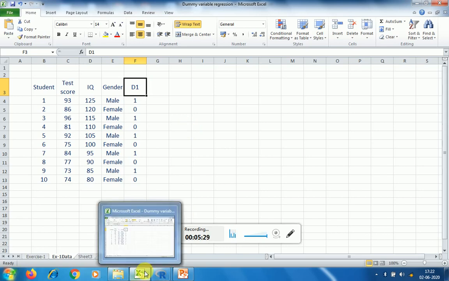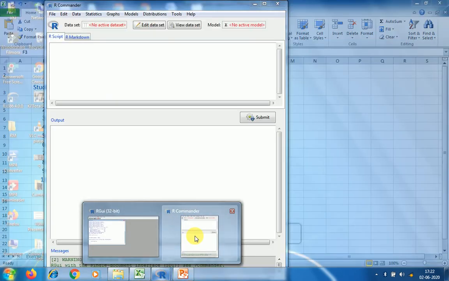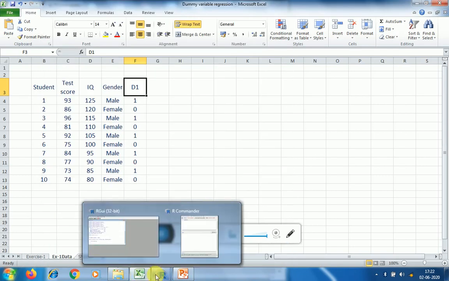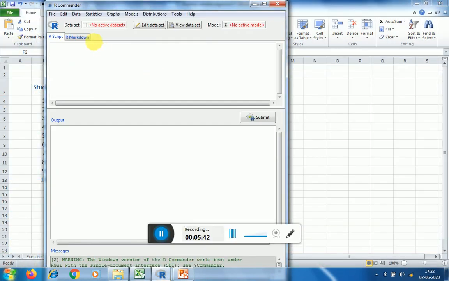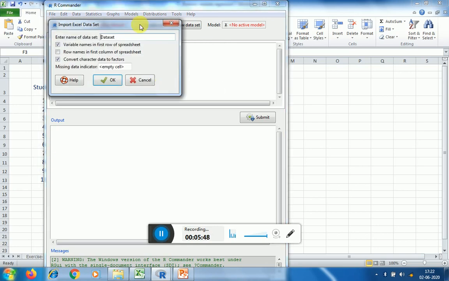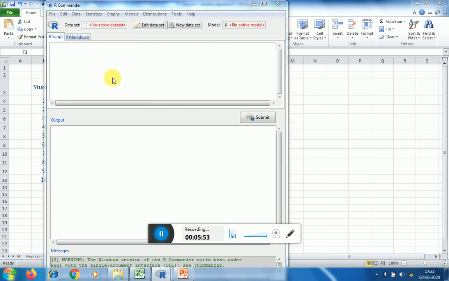We'll first upload this sheet in R. So I save this file first. Now in R Commander, again click on data, directly import this Excel sheet. I write this as dataset 1 and then OK.